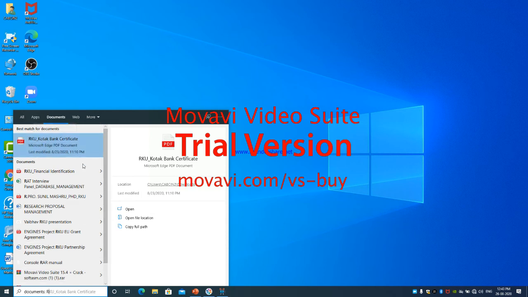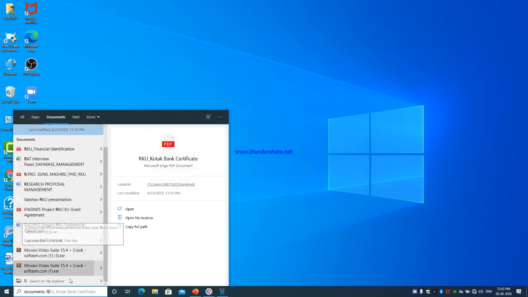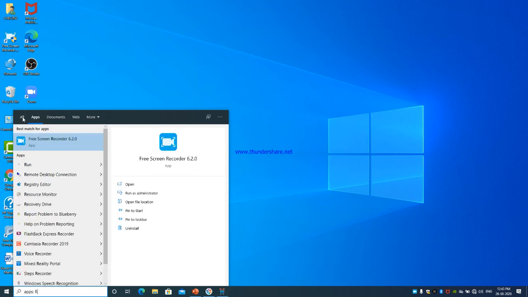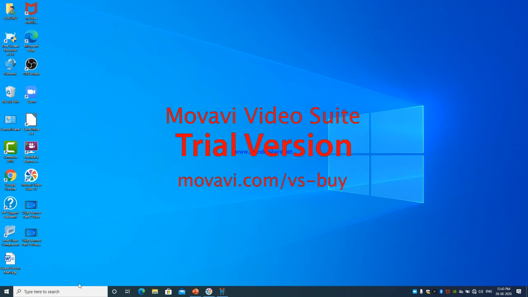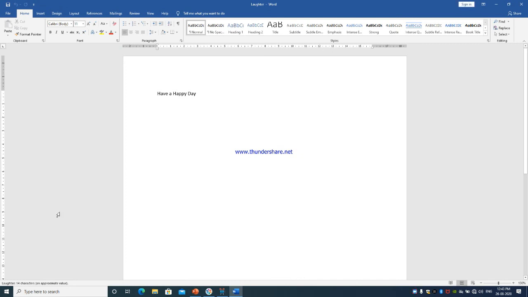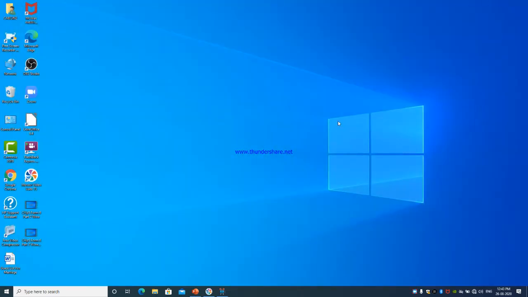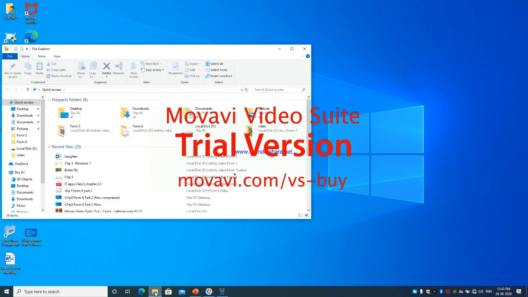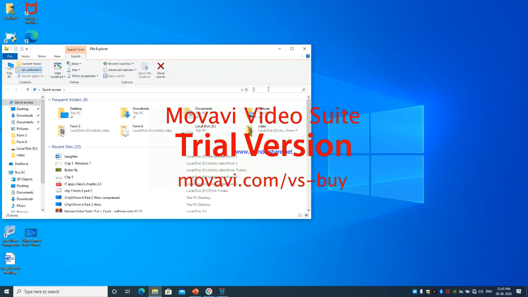When you click on documents over here, you will find various files which have been created starting with the letter R, like that. Okay, the same way, if it is ready-made, here it is. It has been created. Have a happy day. Right? The same way, if you want to search, then you need to click on Start, Quick Access,